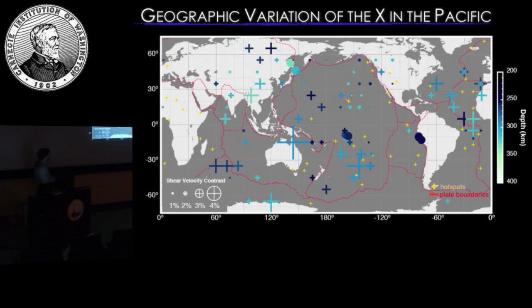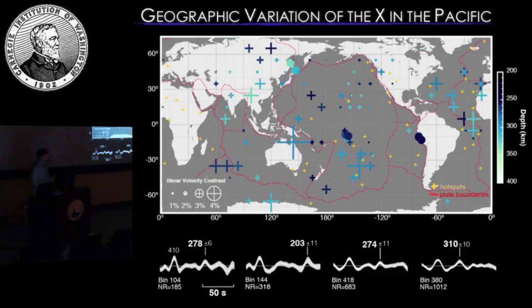And then the sizes of the various symbols are scaled to the shear velocity contrast, which is actually the shear velocity impedance across the actual boundaries. There's quite a bit of variability in that as well, to about maybe 7 or 8% in some of these really outlying crosses. If we go in and then take a global sort of data set that samples the whole